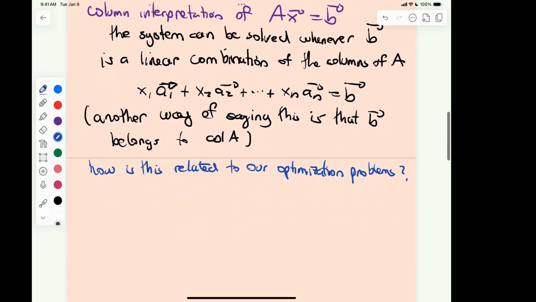Well, if you remember, when we were doing the simplex method, trying to find the max of the function, after adding slack variables, we would end up with a system of equations, right? Like in the simplex method,